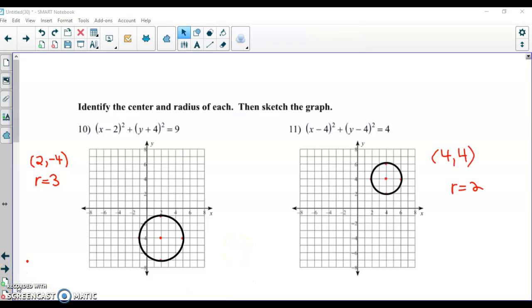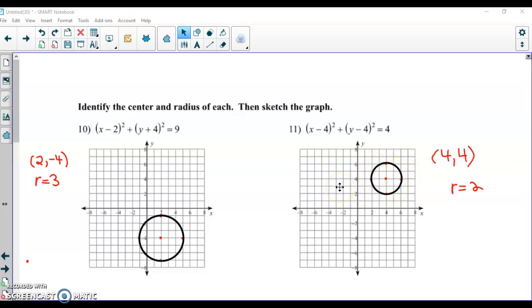Okay, so by now you should have graphed the circle for number 11. And your circle should look something like that. So I put the center at 4, 4, because that's what I got from right here. And then I looked over here, I saw this was a 4, so that's my radius squared. My radius is 2. I found 2 up, 2 right, 2 down, 2 left, put 4 points there, and then